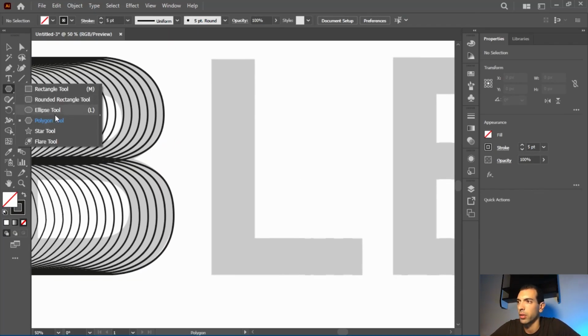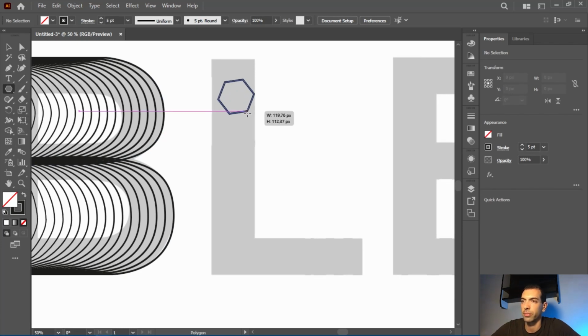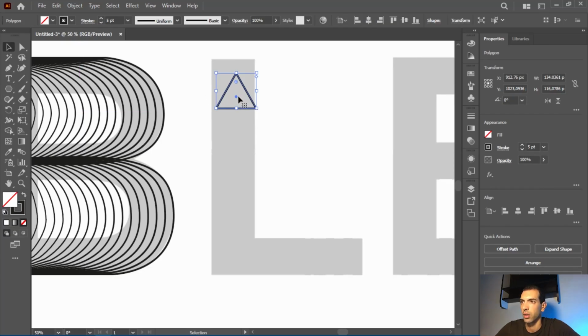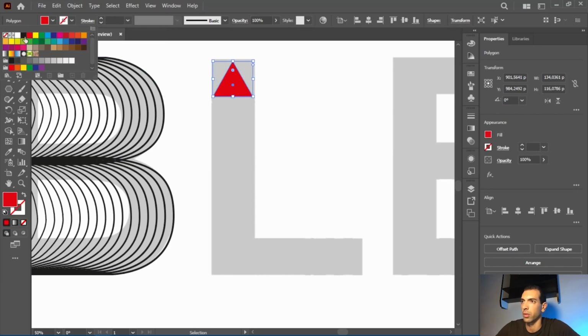I'm gonna start with the polygon tool. With the down arrow, I get a triangle like this. I can press shift to make sure it doesn't rotate, stays like this. Okay, I'm gonna put the triangle right here, about this size. I'm going to change the fill to red and the stroke to none,